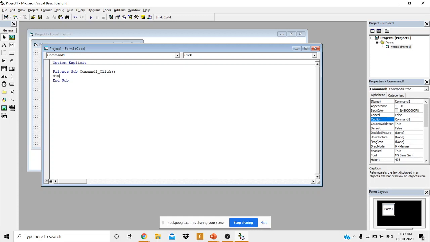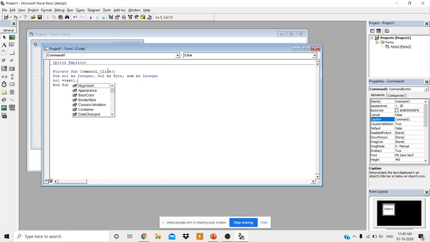Dim num1 as integer, num2 as byte, I will take the second number of type byte, and sum as integer. Then num1 equal to text1. I have not changed any properties here, I just want to demonstrate how it actually works.